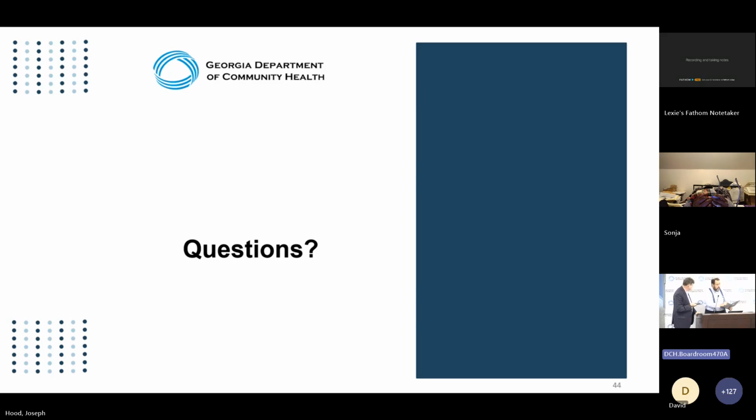Is there a PACE center we can visit to see how they are set up? They're not in this state, but there's one in Mobile. That's the closest one I know. Yeah. And we talked about North Carolina, South Carolina. They're surrounding us. And Florida particularly has a number of PACE programs. They're all around us. They're just not in this state. And you absolutely could set up to visit one of them.